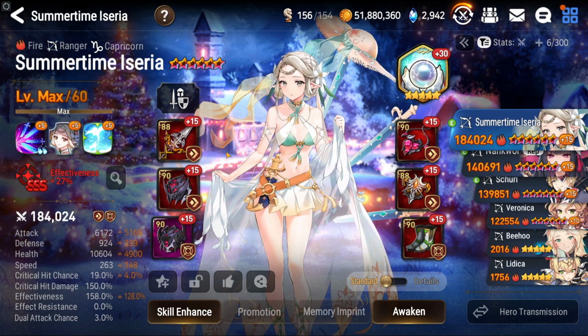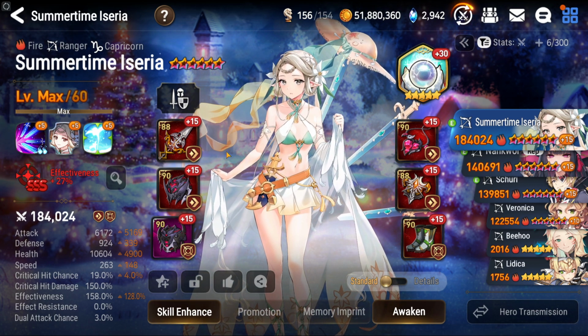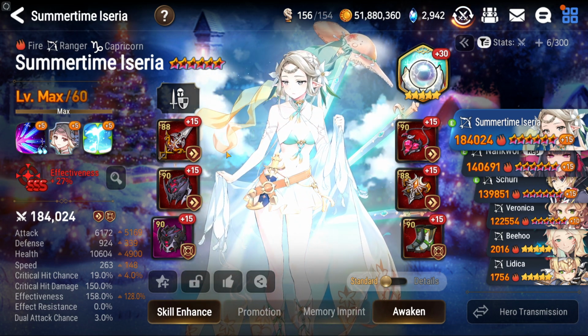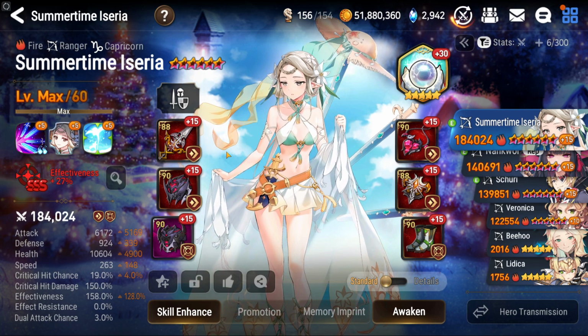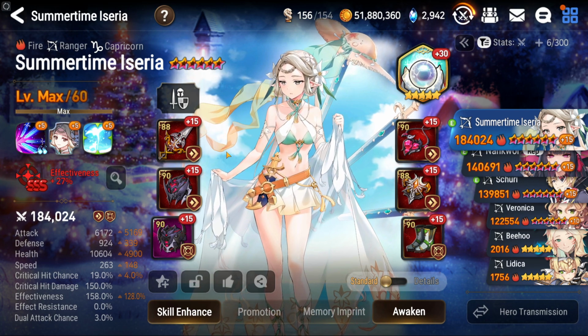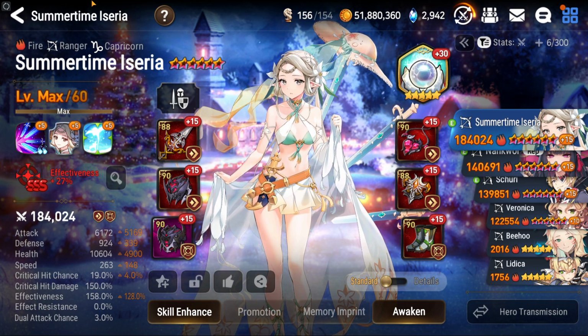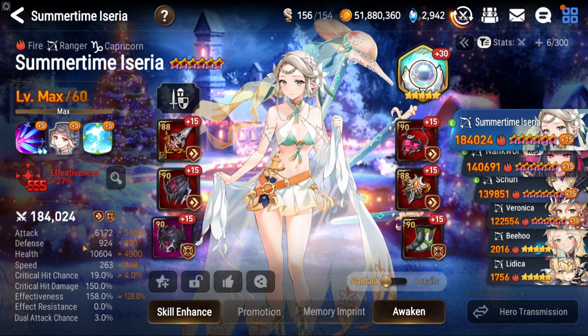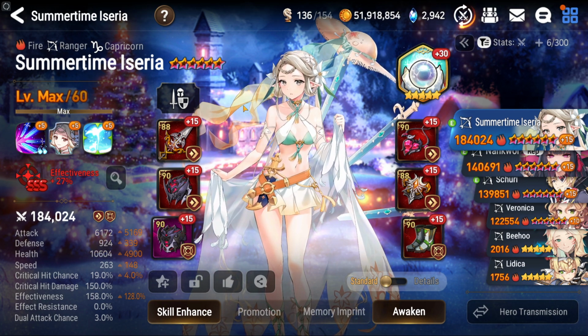Also, my Summertime has 0 bulk. The bulk's only required if you fight against Green Celine. But since Green Celine isn't really picked often because she sucks, I can get away with running a no bulk Iceria like this, and it ends up working pretty well. So yeah,